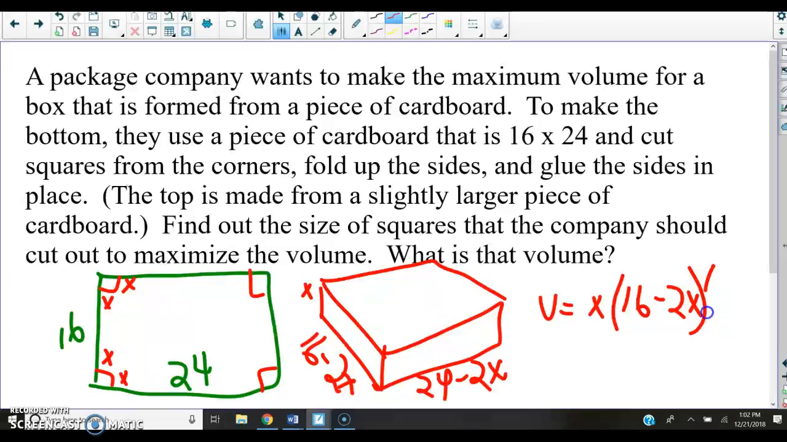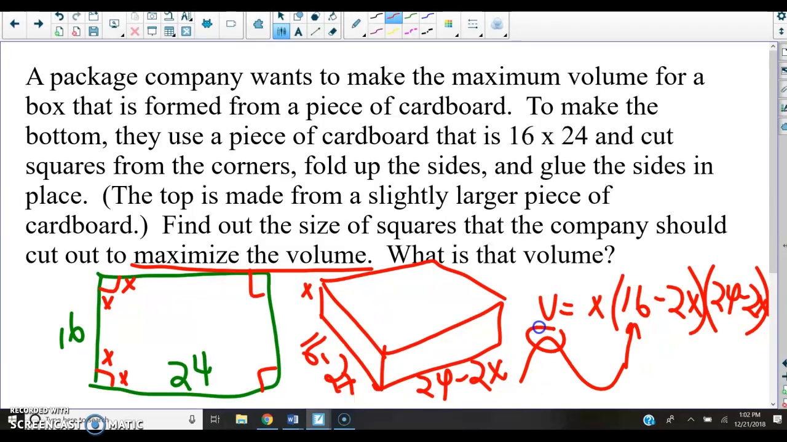Now, there really is no reason that you have to multiply those together. Put that on your calculator. You're looking for the maximum volume. So what are you going to look for when you graph it? You're going to look for the highest point. Should be going up that way. You're going to be looking for this, or if it goes down, you're just going to